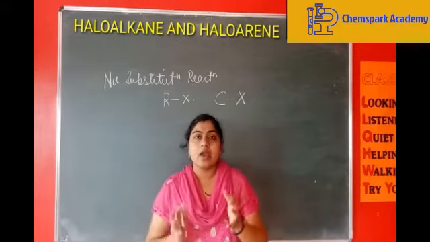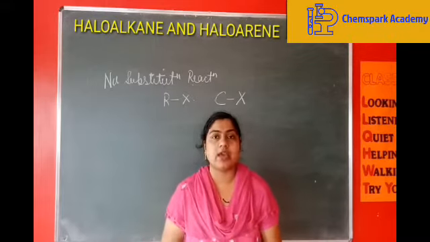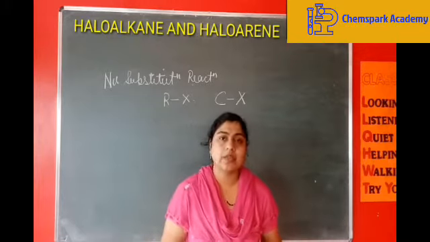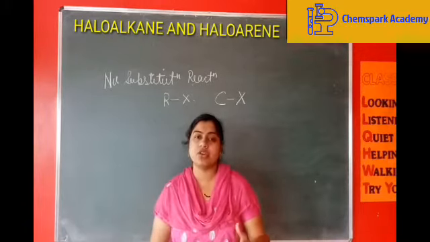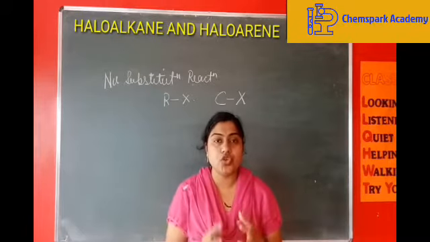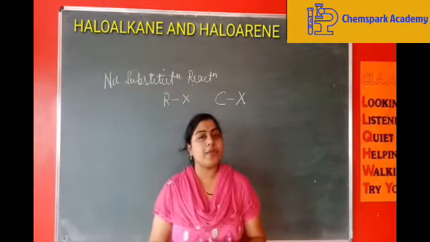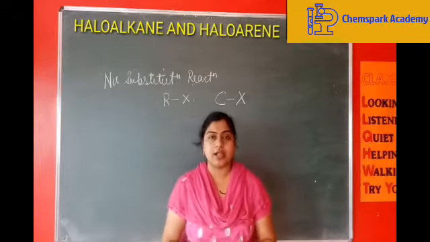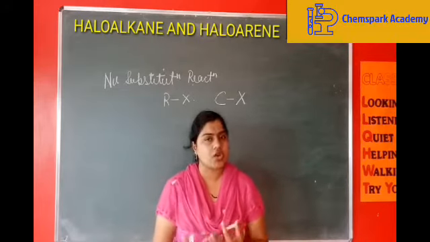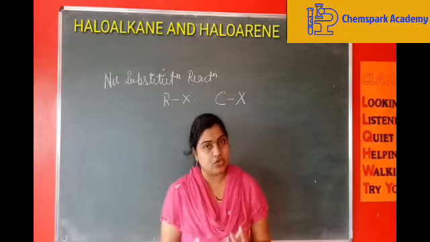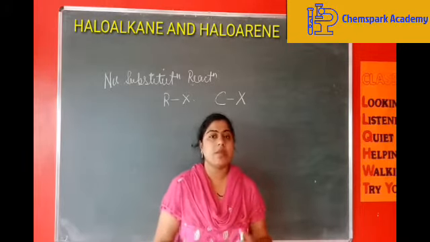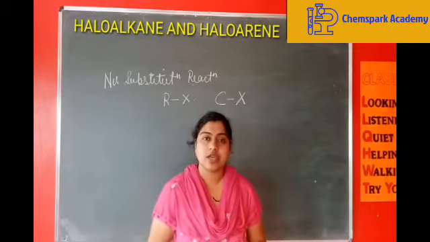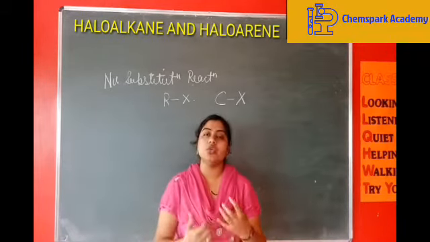Let's just recall them. There are neutral molecules like water, H2O, ammonia, and amines: primary amines, secondary amines, tertiary amines. These are all examples of neutral nucleophiles, that is, they do not possess any charge. On the other hand, we have charged nucleophiles, which have a charge on them. They are the halide ions, Cl minus, Br minus, I minus, F minus. Then we have OH minus, the hydroxide ion. These all are charged nucleophiles.